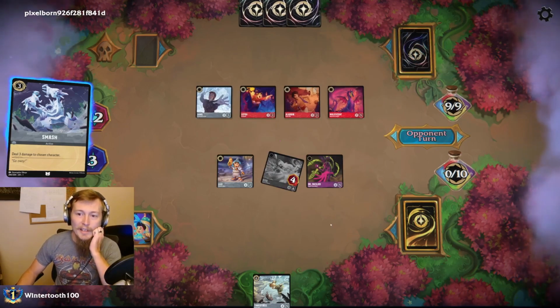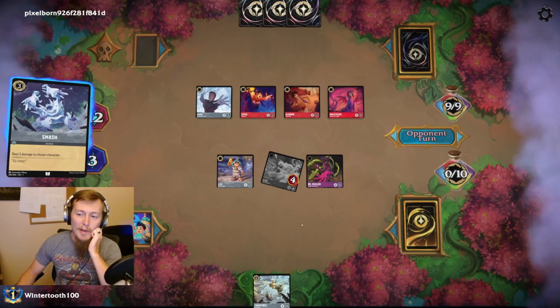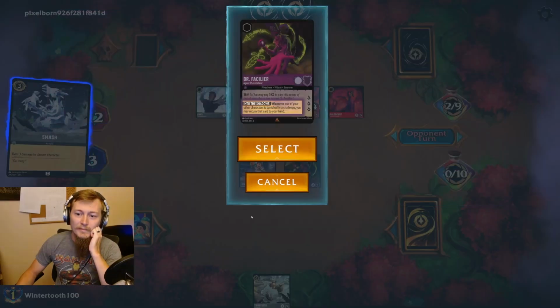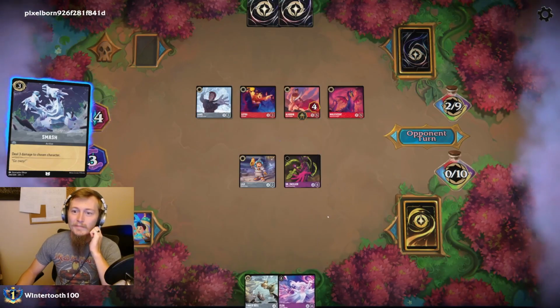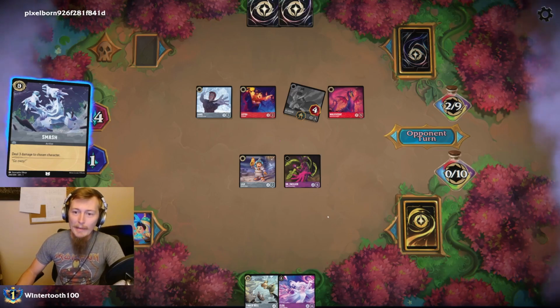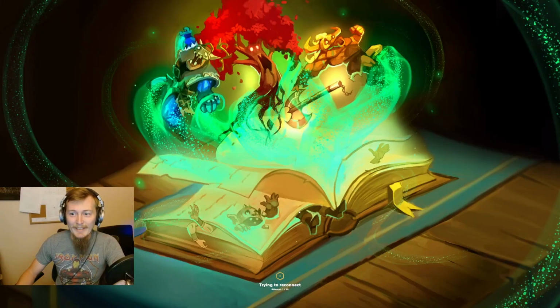Well, if they take out Elsa, I get it back and I get to freeze him again. Unless they got another smash. Ooh, that's big. Yes, I'll get it back. Well, I tried to keep the board stable, but man, I just couldn't do it. Had a lot of expensive things and...